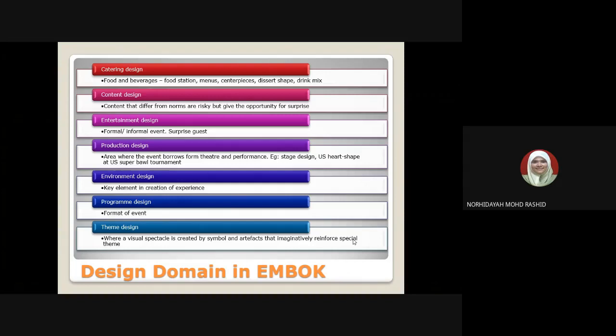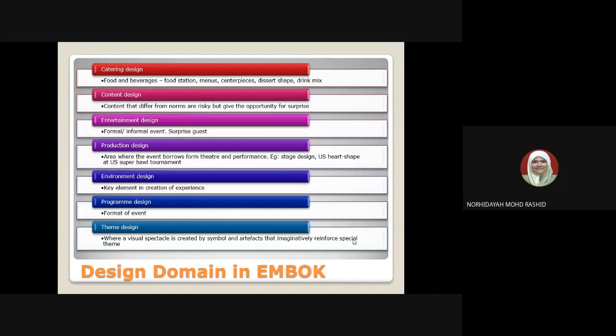And when you say about the production design, this is actually the term that we borrowed from the theatre and the performance punya area. Okay, so over here, such as the example actually is such as stage design. So in this case, kita punya stage design kita adalah kita punya bridal lace kita punya pelamin kita. So the concept of the bridal lace kita adalah mestilah ala-ala Frozen, must have ice over there, must have bunga, ada rasa macam English, mesti ada element of the English style tu. So bila orang masuk tengok dia macam, oh, I know this is actually the concept for this wedding.